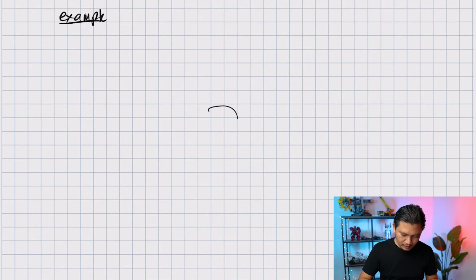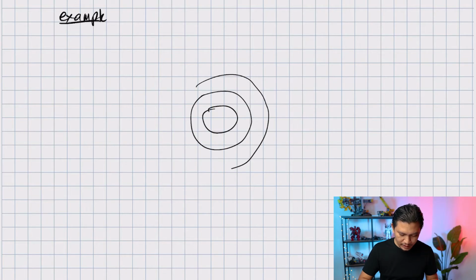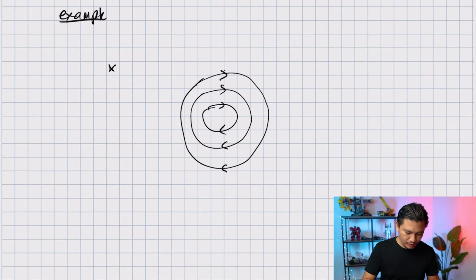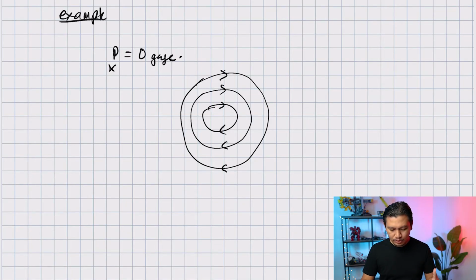Okay, let's say that you have a tornado. A tornado can be almost accurately represented by a rotational vortex, and let's say this goes in clockwise direction. It is given that the pressure away from that tornado, let's say here, P is equal to 0 gauge. It is also given that the velocity at 20 meter from the center of tornado is equal to 20 meter per second. And now the question is asking you to find what is the velocity